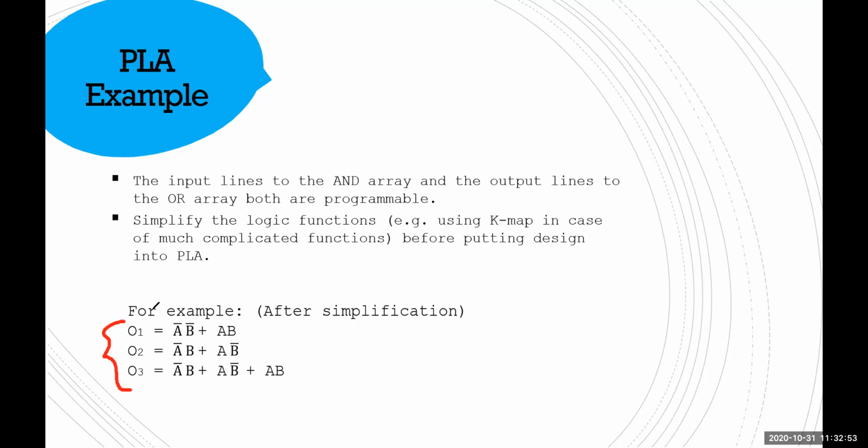Now, how many expressions do you have? You have A bar B bar, this is one. You have AB, this is 2. You have A bar B, this is another one. You have A B bar, this is another one. You have A bar B, but it is already common, so we do not have to do it again. A B bar is already common. AB is already common. So we actually need only 4 AND gates. That is the number of AND gates. Okay, done. So 4 AND gates.